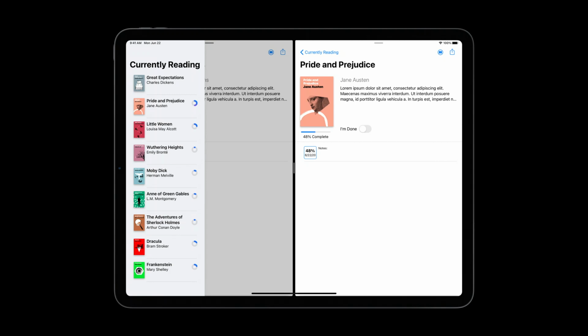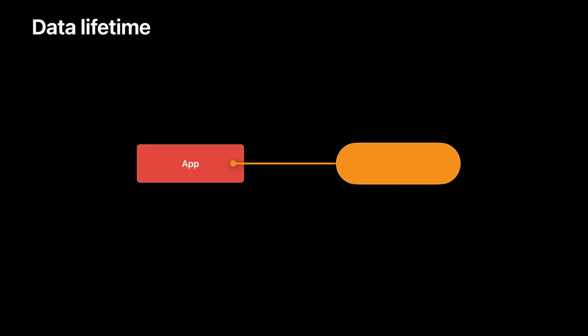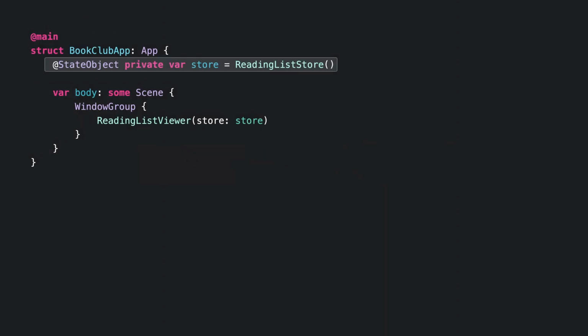Next, let's talk about apps. Apps are a powerful new tool this year in SwiftUI, allowing you to write your entire app in just SwiftUI. But what's great about apps is that you can use state and other sources of truth in an app, just like you do in a view. Let me show you an example. Here, we'll create a global book model for our entire app by using the StateObject property wrapper.